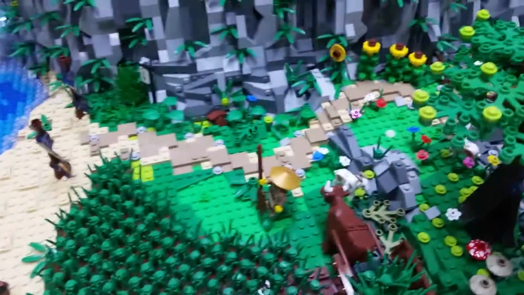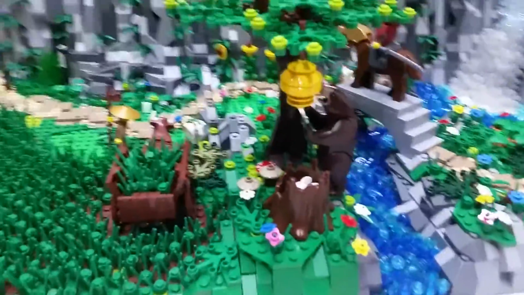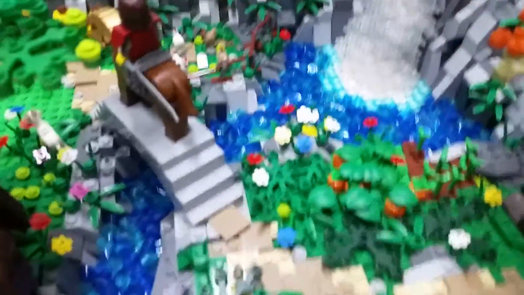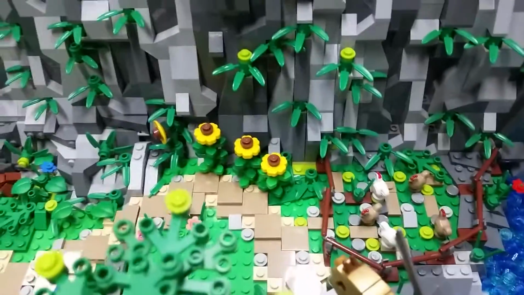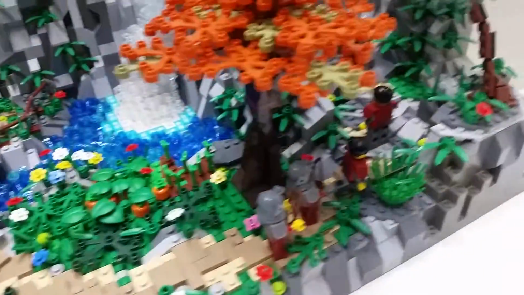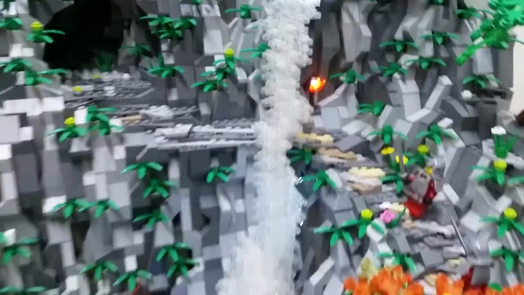Got some peasants working, some details here. Bear eating some honey from the beehive. You have a pumpkin patch with a carrot patch next to it, some sunflowers, and a little area with chickens. Leading up the path, we've got some more samurai warriors, male and female, coming through a waterfall,